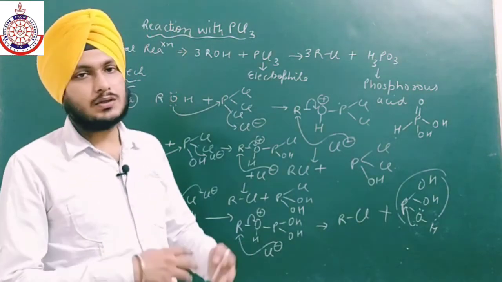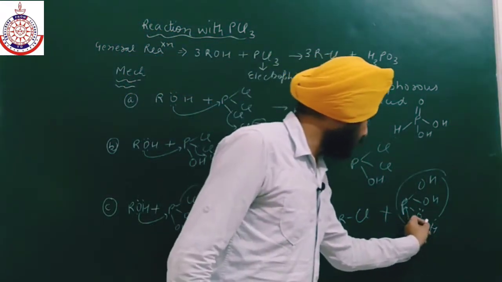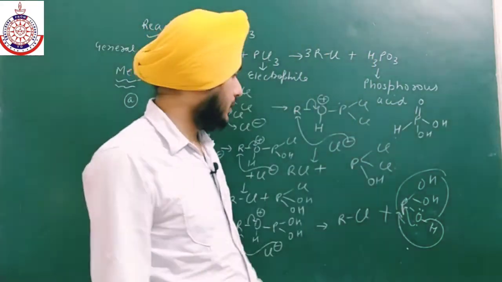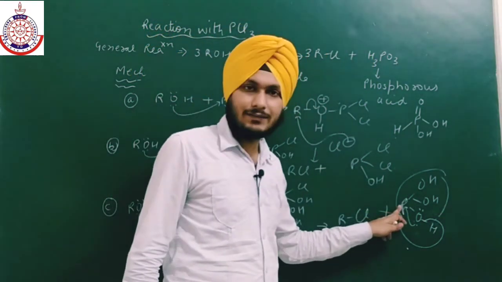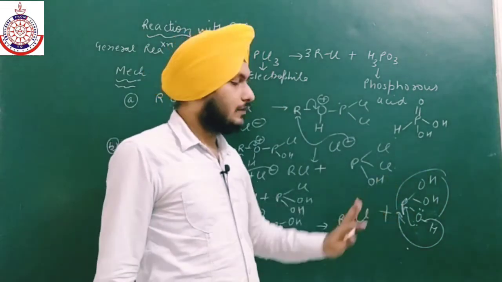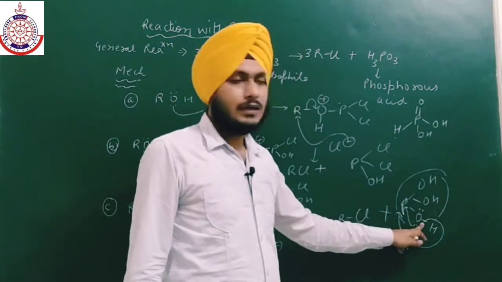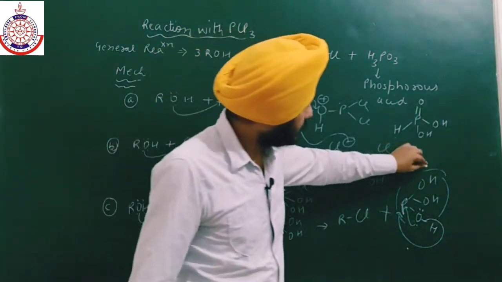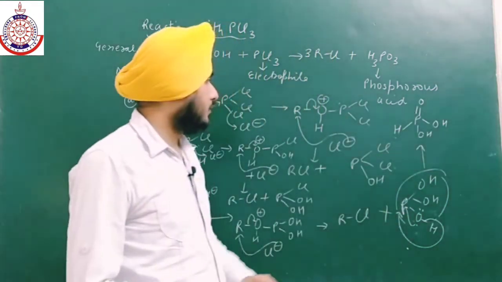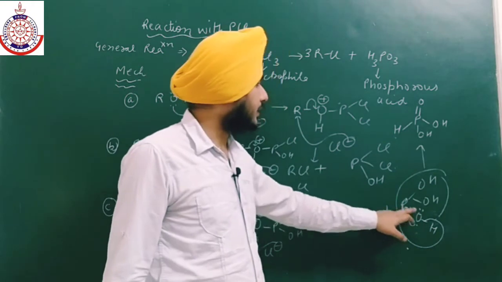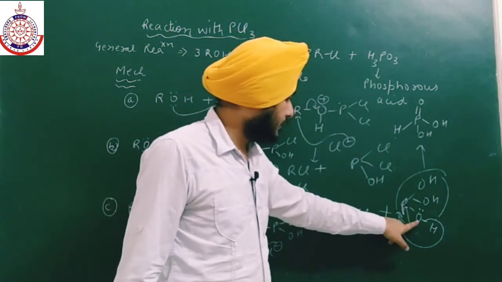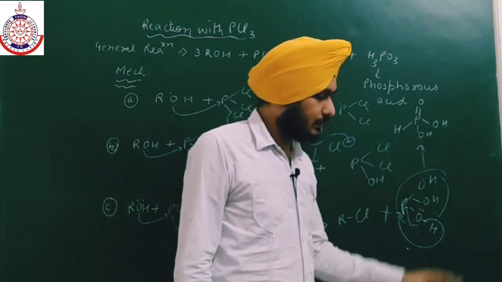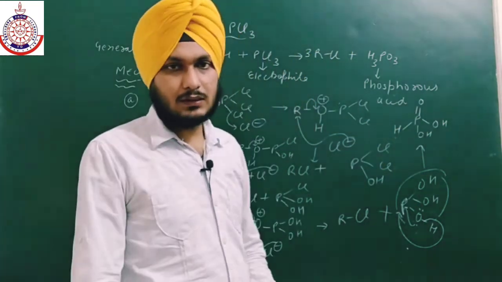So in order to neutralize these two, H positive leaves from here and goes to the phosphorus. Because here we have a negative charge on the phosphorus, it will neutralize, and here we have a positive charge, so H positive will leave and we will get this product. We will get a double bond between phosphorus and oxygen, and hydrogen will attach over here. This is the exact structure of phosphorus acid.